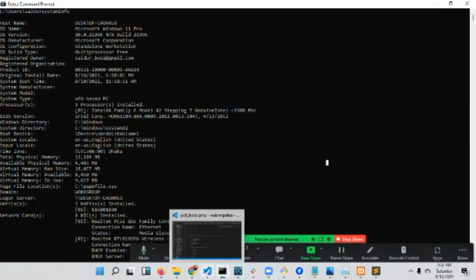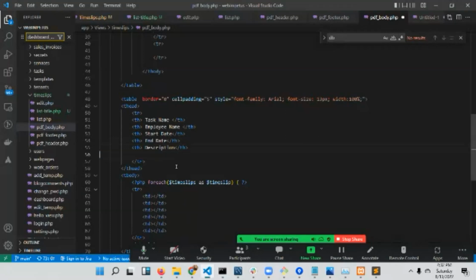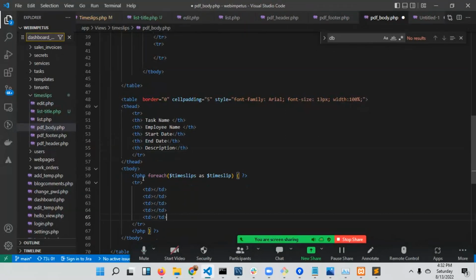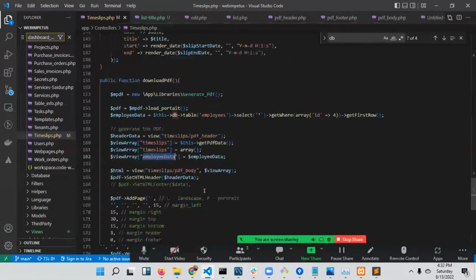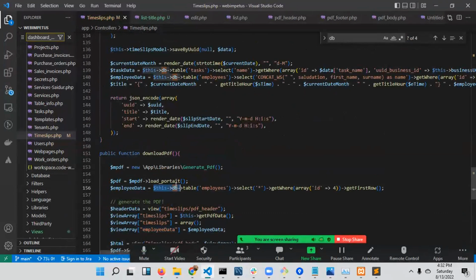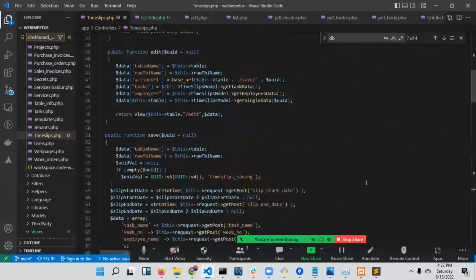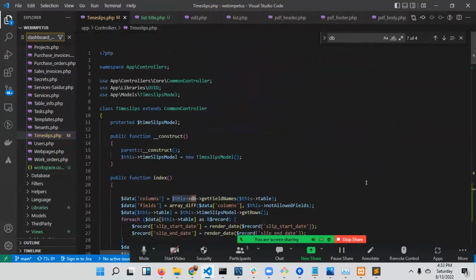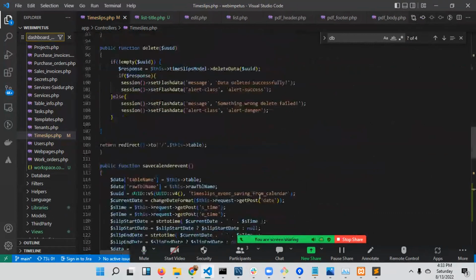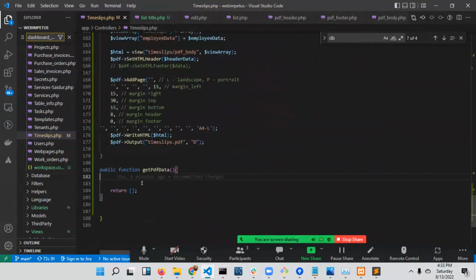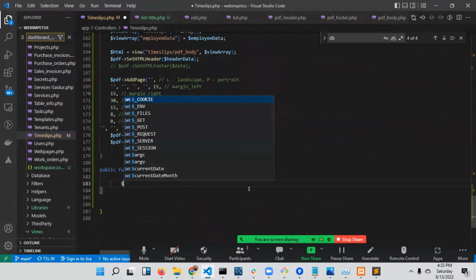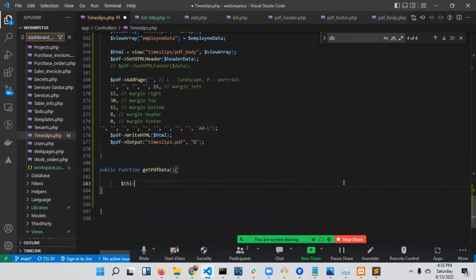So for these columns, now we are rendering. Okay. Here the task name and employee name are coming from another table, so we need to make join queries. Okay. In the controller, right? Time slip controller. Okay. Here we will do the joining and other things. First of all, we are